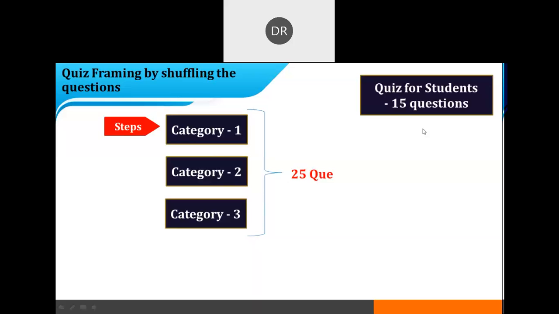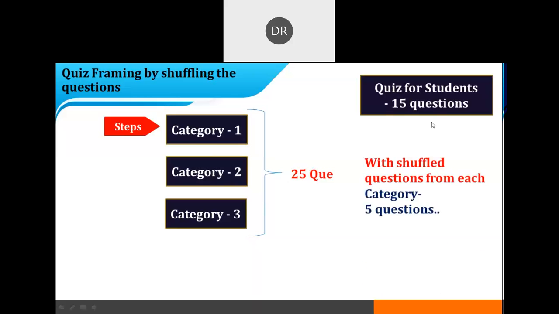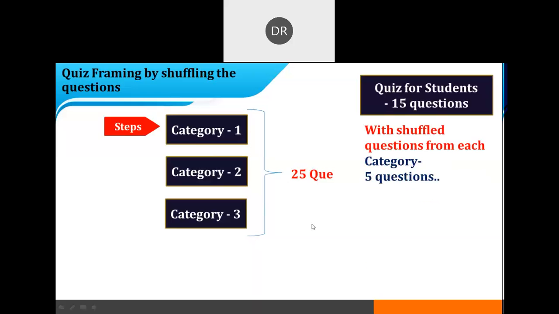Now I want to frame a quiz for students. Let us say for 15 questions, in a shuffled manner, with 5 questions from category 1, 5 questions from category 2, and 5 questions from category 3.